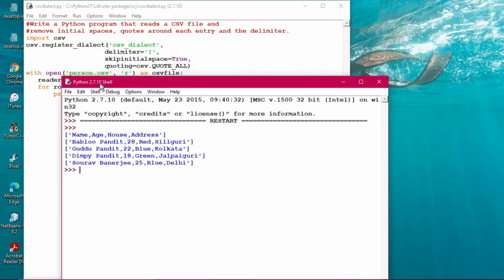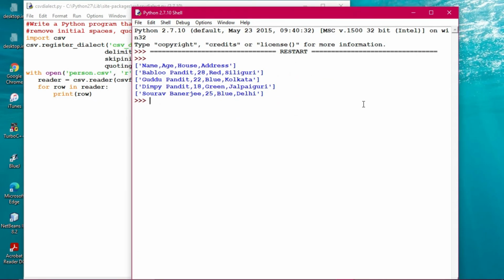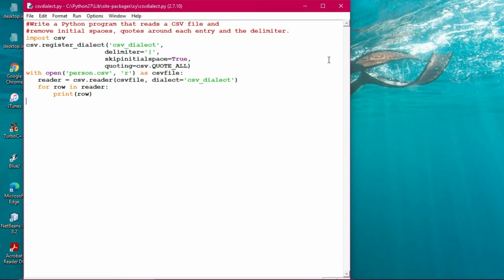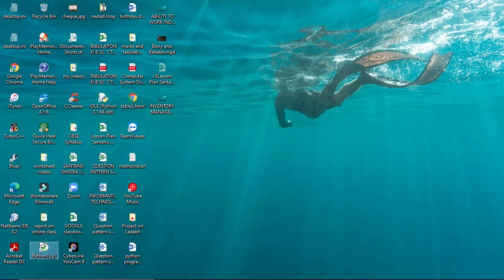So this program, if you want, you can practice it once. You can keep it ready. Anytime you are asked to write this program, even though it is not properly in your syllabus, you can still try it out. I have shown you this way also. There is no harm in learning a little extra.